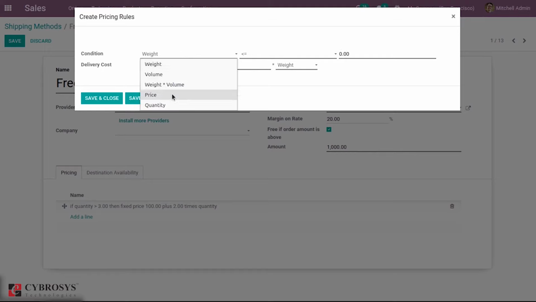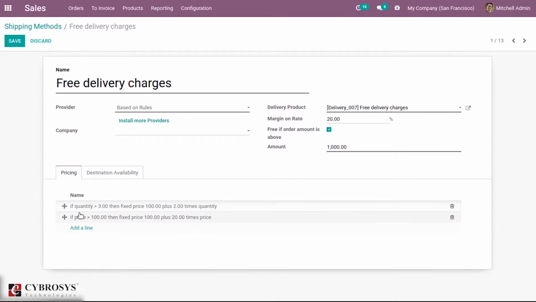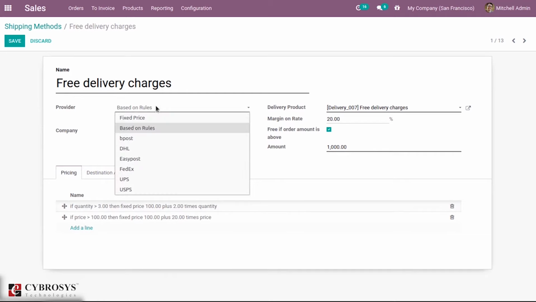Suppose price is greater than 100. You can add a delivery cost here, and you can see a new rule is created.